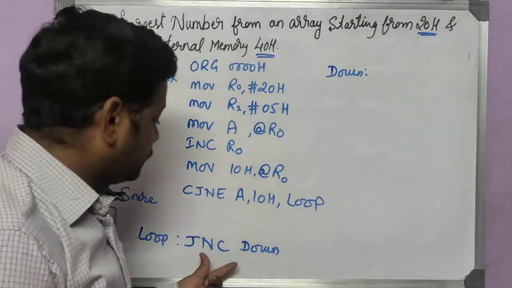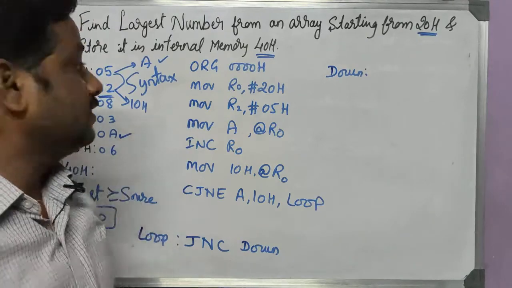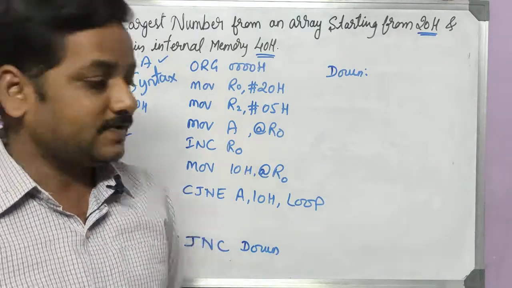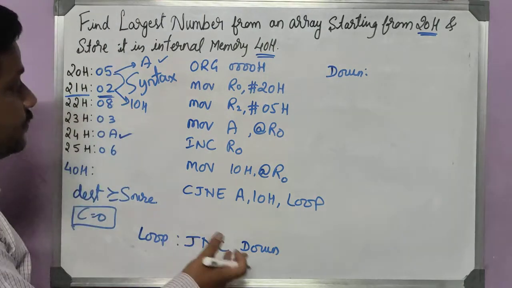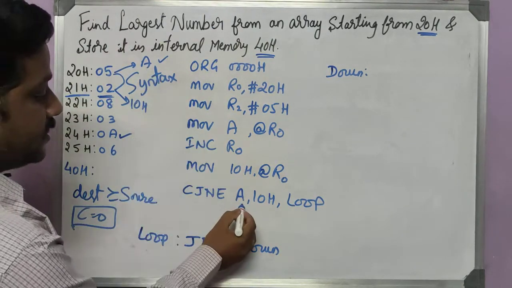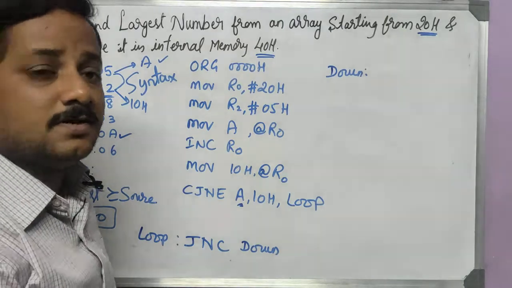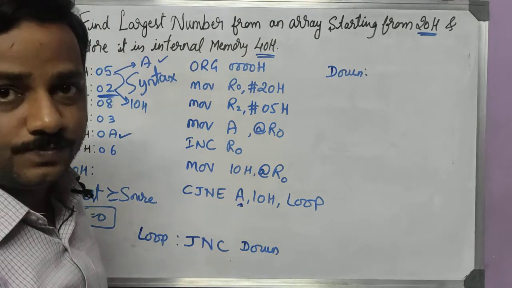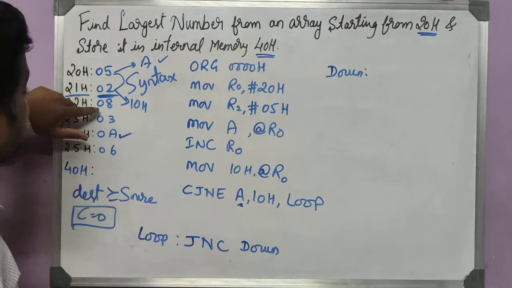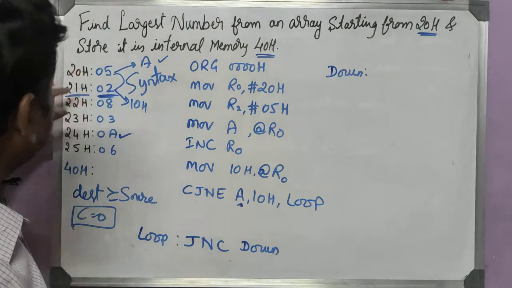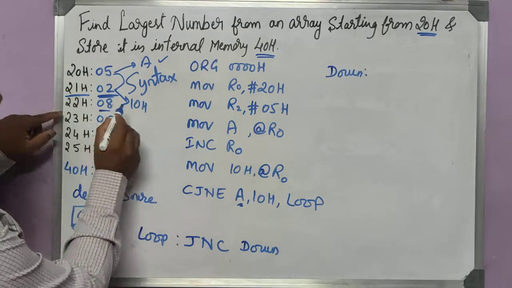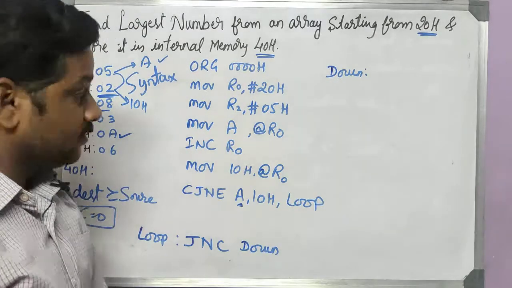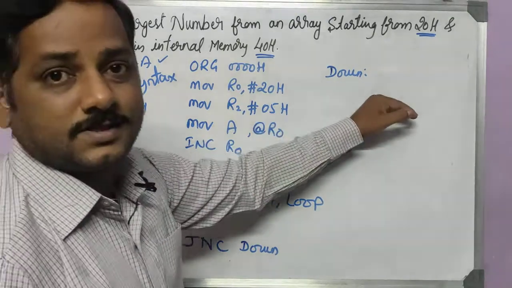Okay. If there is no carry, it is an indication that the content of the accumulator is the larger number. It's very clear. Because we don't have carry, whatever data I have in the accumulator is the larger number. So I can ignore this. I can leave that 2. And I can start comparing the accumulator content with the next number, this number. So let's write that line now. If there is no carry, I will come to this label.